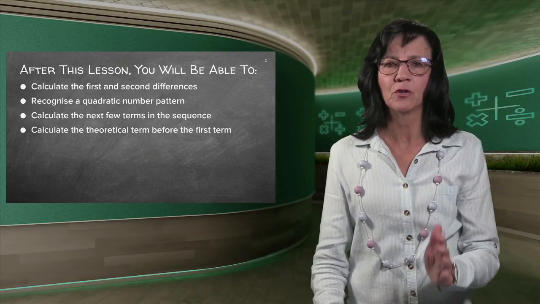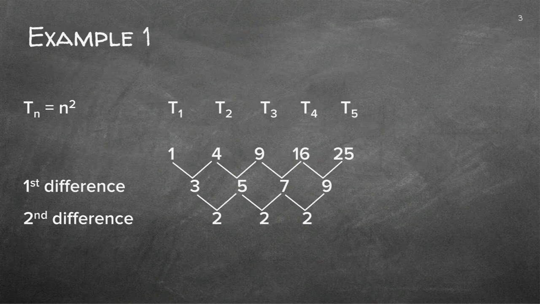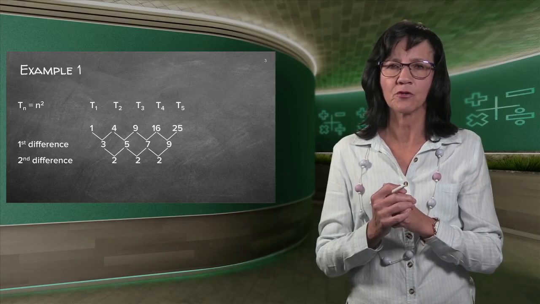After this lesson, you can read through this slowly. We're going to be able to do different patterns. We're going to be able to recognize if it is a quadratic or an arithmetic sequence. And we will also be able to find the term that you can't see, the one before the first term. But let's rather do examples. It's much easier to see what we want to accomplish in this lesson. We basically want you to recognize and to know what a quadratic sequence is.